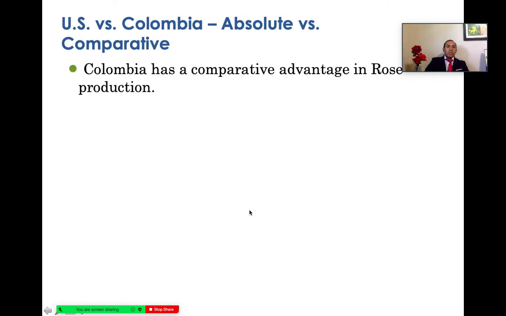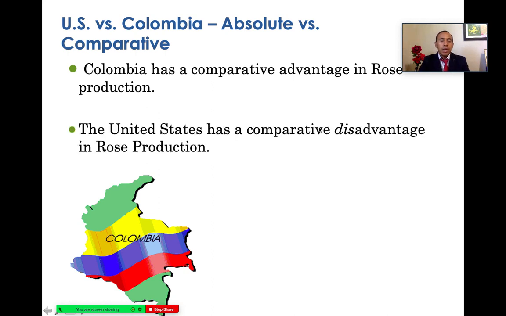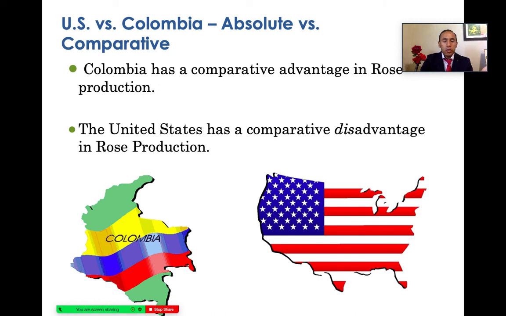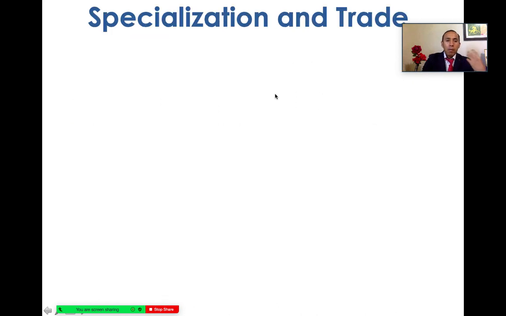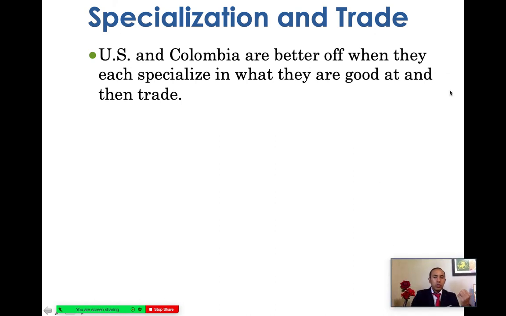Now, Colombia versus US. Colombia, as mentioned, has a comparative advantage in rose production. They can produce it at a lower opportunity cost. We can do this mathematically. You can actually see the numbers are a little bit lower, and therefore it should specialize in the production of roses. And the United States has a comparative disadvantage in rose production because Colombia can produce it at lower cost. Therefore, the US should consider specializing in computer production because it is comparative advantage that determines the specialization, not absolute. Remember that. The US and Colombia are both better off when they each specialize